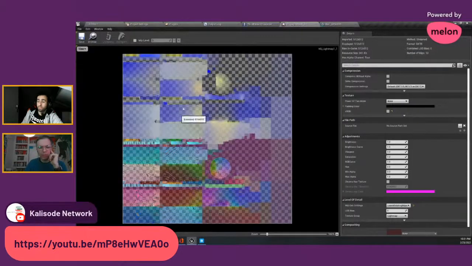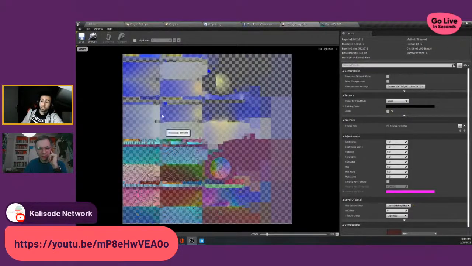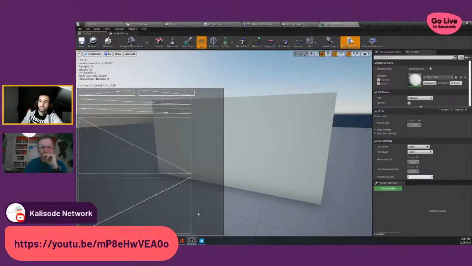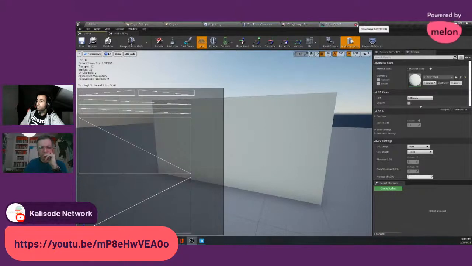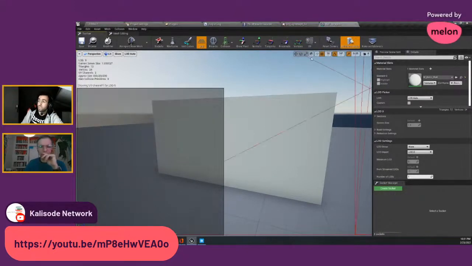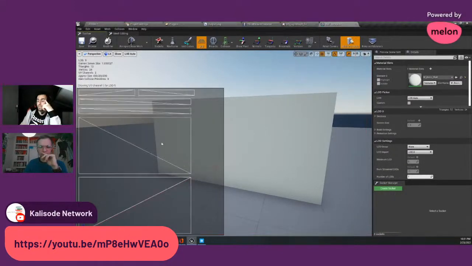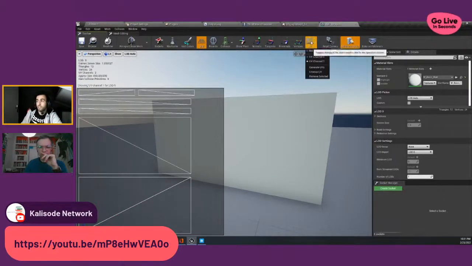But I can't read this. This is like some weird nonsense image to me. Really, I don't know how to read this. But this is the UV that the engine is using to create all the lighting. Yeah, most of the times this is the image that the engine creates for itself based on the UV